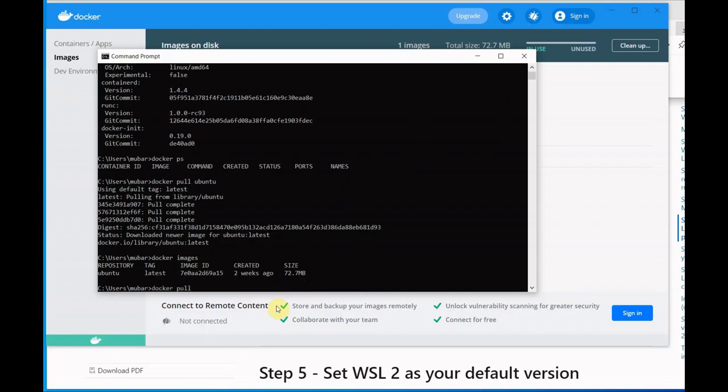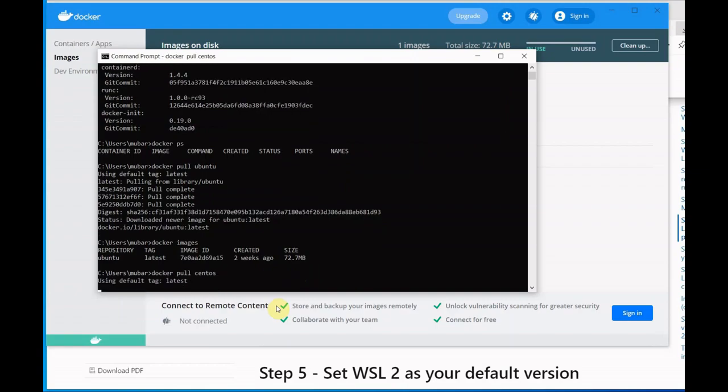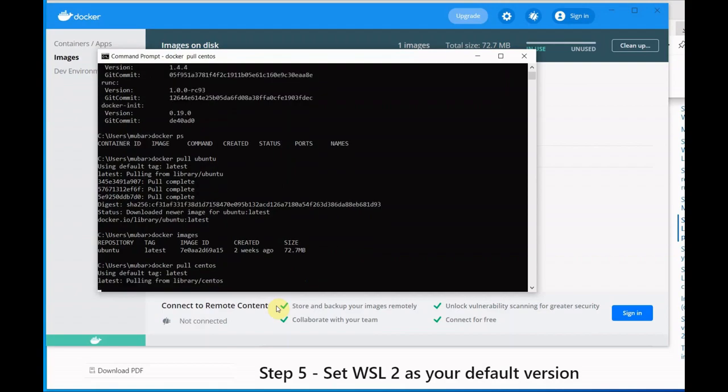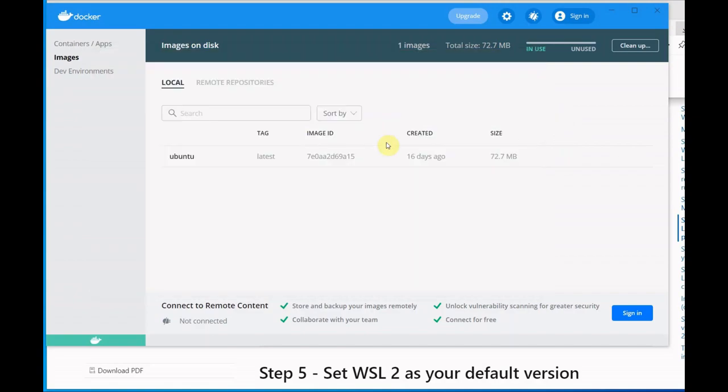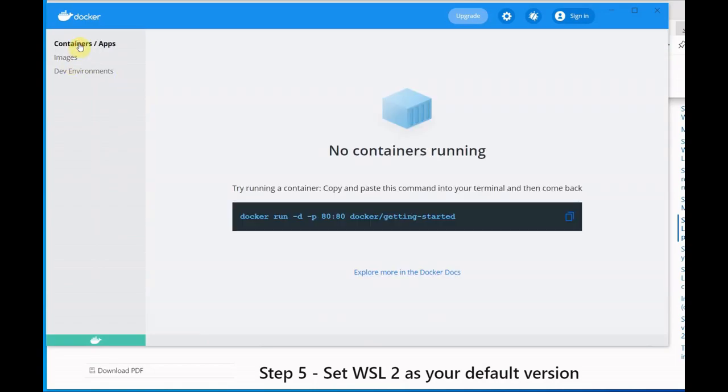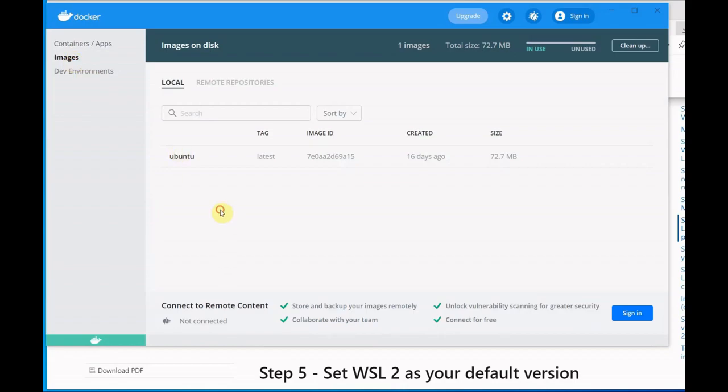Let's download a few more files. CentOS. For our better understanding, we can download 2-3 files and we will check. So here it has started downloading. First it goes to our local repository, then it will download from the Hub. So let's check in our Windows Docker application. In containers, we don't have any containers. So let's check the images.